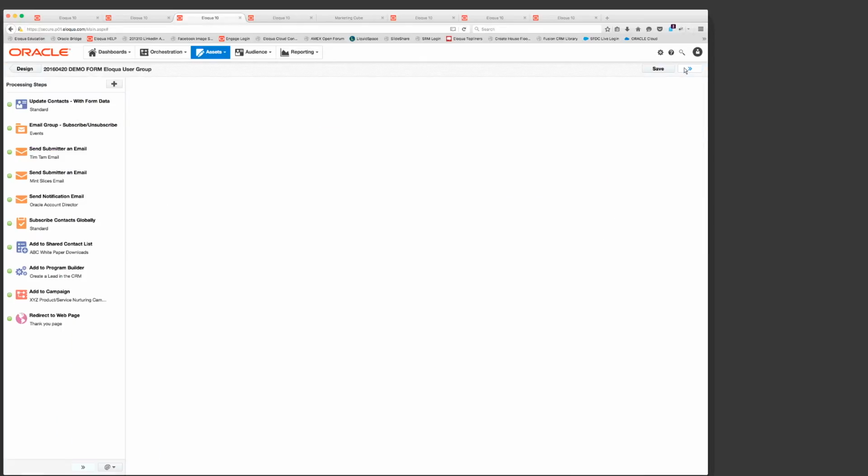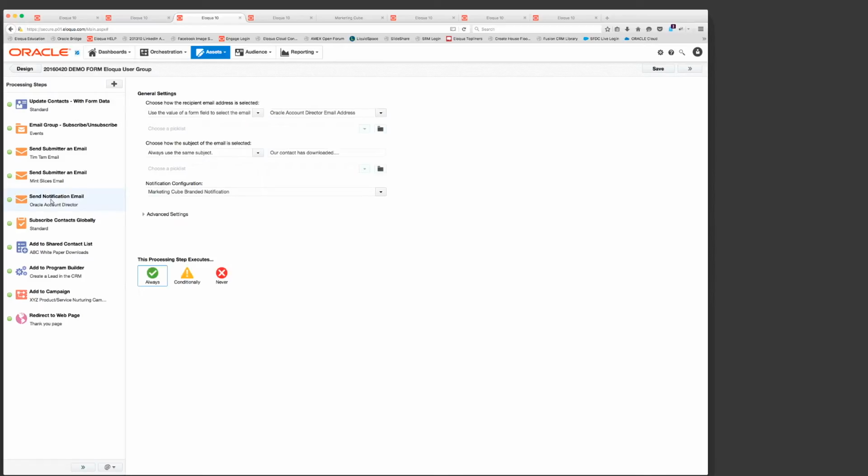So let's go back to the back end and have a look at the processing steps. You can see in this one we're looking to send something to the Oracle Account Director. And as you can see, there's a range of options here in that drop-down list. And we're using the last one, which is to use the value of a form field to select the email address. And because it's a field merge or a dynamic field, for want of a better word, it will then give us all of the fields that are available on the form, and we select, in this case, Oracle Account